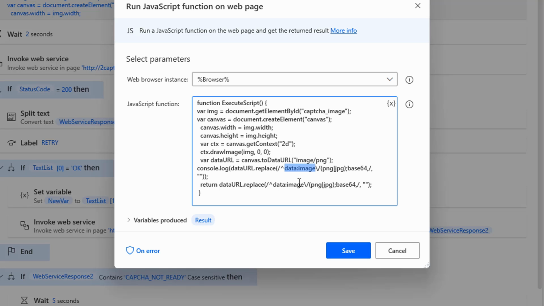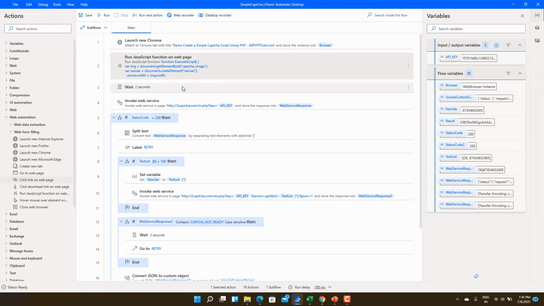Then that will contain only the base64 string. And here the output generated is the variable result that will contain the base64 string. We can click on save, and then the next action is invoke web service.